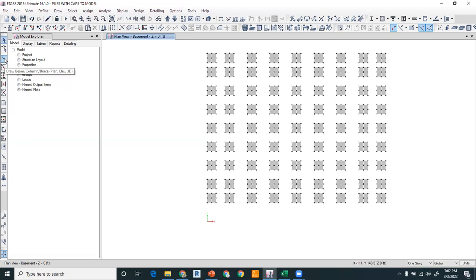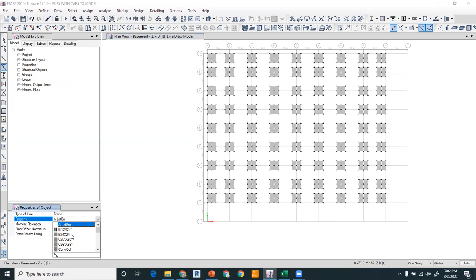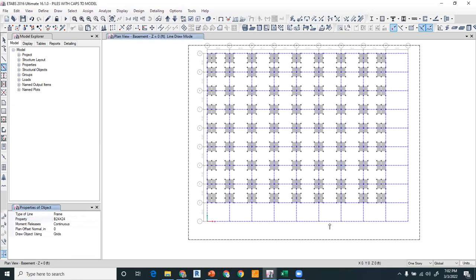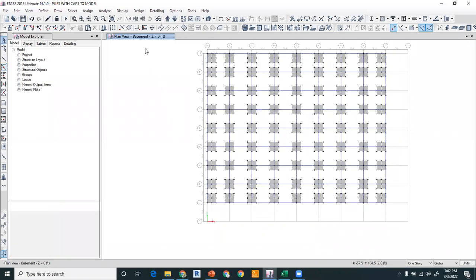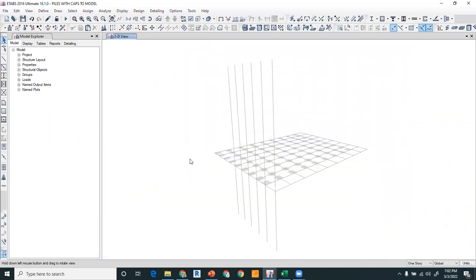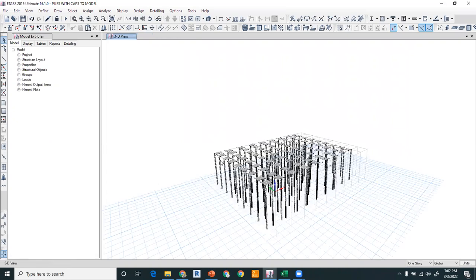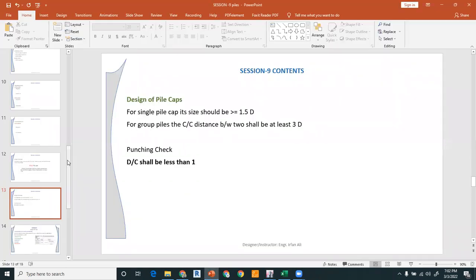So now you have to show the grids. You can draw using the quick draw command, select P24 plus 24, and draw these beams. Right, so now this modeling has been completed. These are the pile caps connected with the piles, and these pile caps are connected to each other through beams. Right, so the next step is to run the analysis and check for the reinforcement in